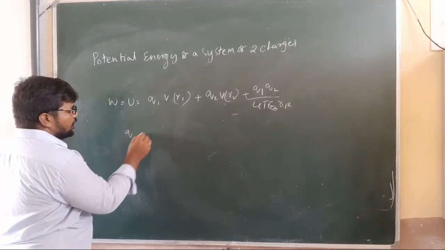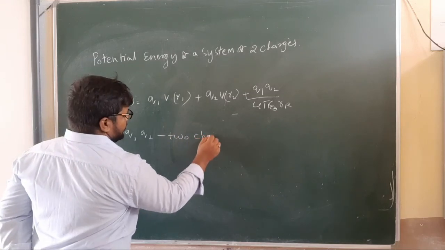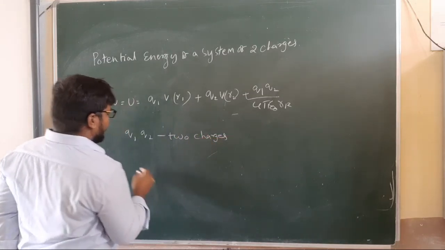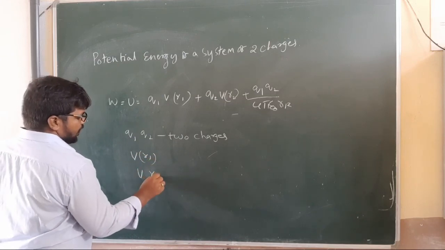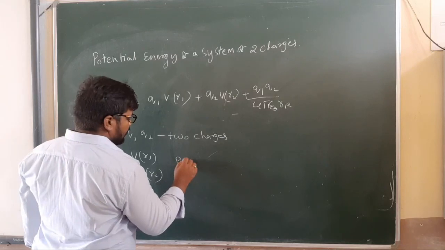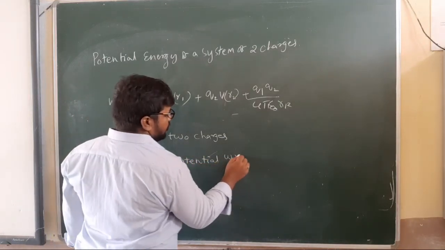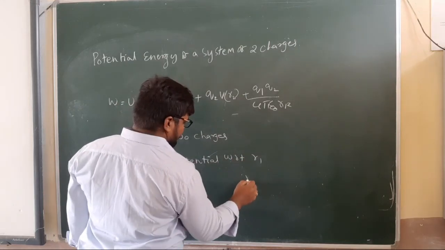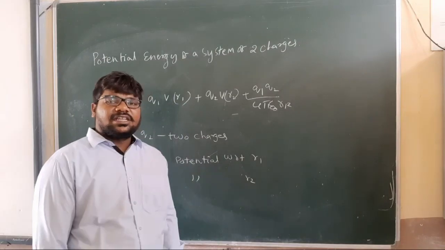Here Q1, Q2 are two spherical charges, and V suffix R1 and V suffix R2 are the electrostatic potentials with respect to R1 and R2. It's clear, my